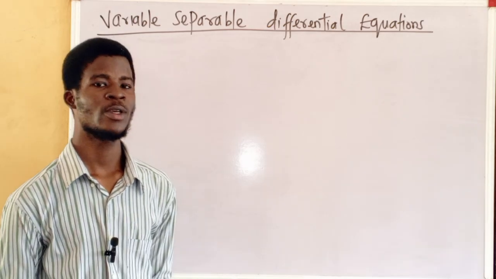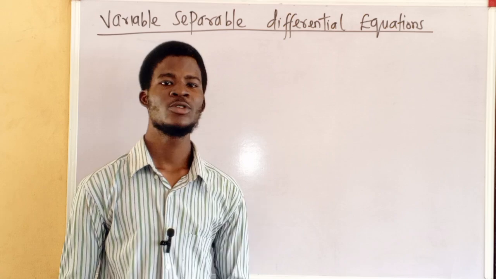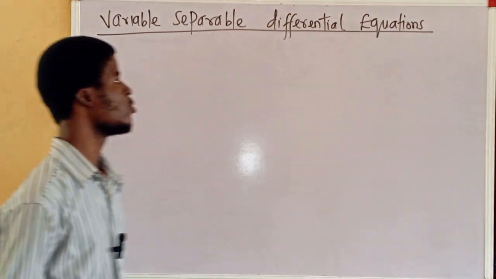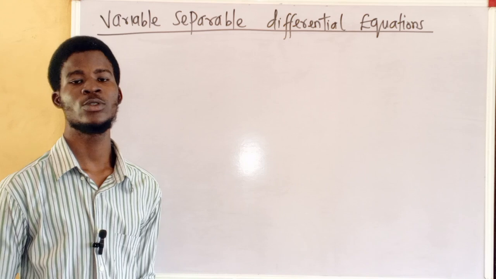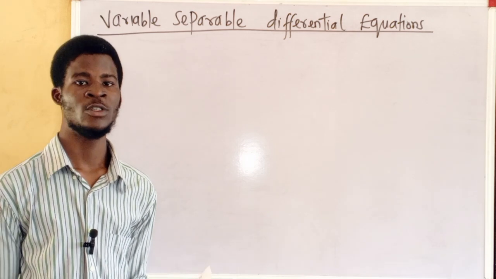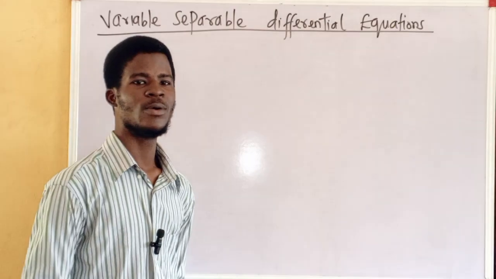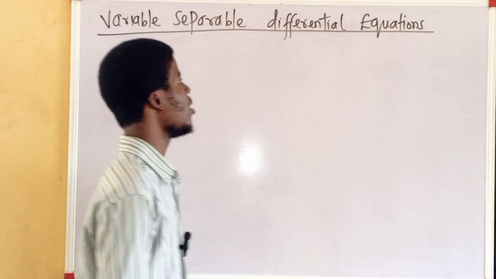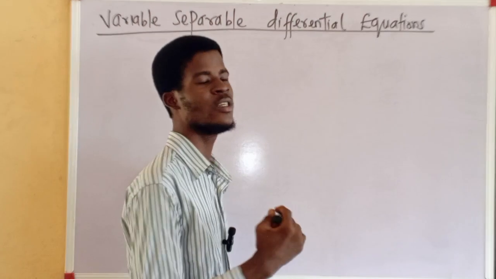In this tutorial we'll talk about variable separable differential equations of the first order: how to obtain the general solution of a first order separable differential equation. Now, what is a separable variable differential equation? A differential equation that can be written in this form: